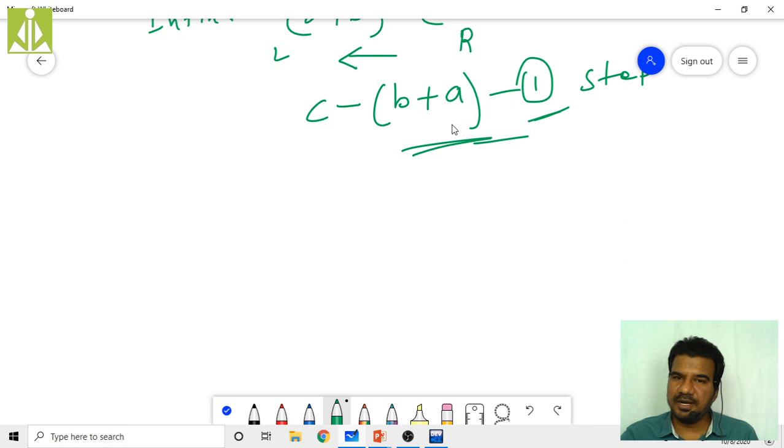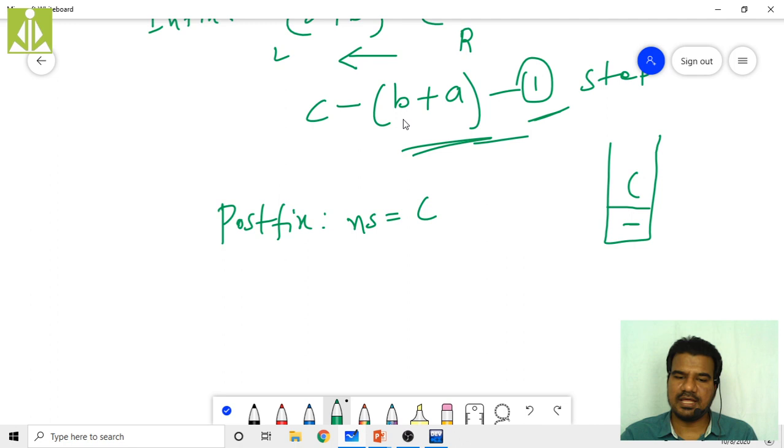So what will be the postfix expression? Simply we do the conversion now. If it is an operand, add it to the output string. If it is an operator, push it to the stack. So I am pushing that minus here. Then I have an opening bracket. If it is an opening bracket, again push it to the stack. Then I have B. Put that B here, it is an operand. Then I have the operator plus. If you have an opening bracket and then the operator plus, push it to the stack only. So plus will come over here. Then I have A. Put here A.